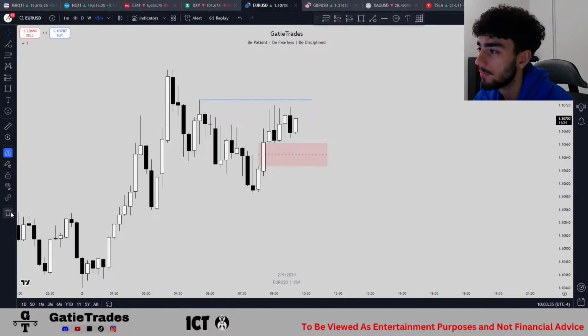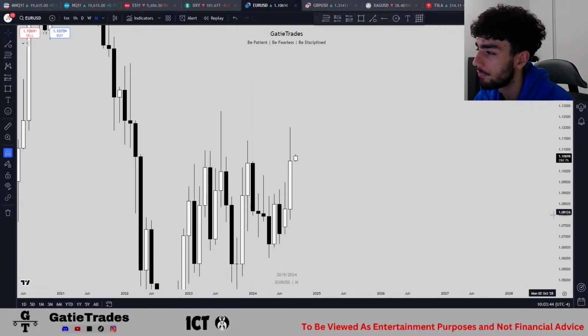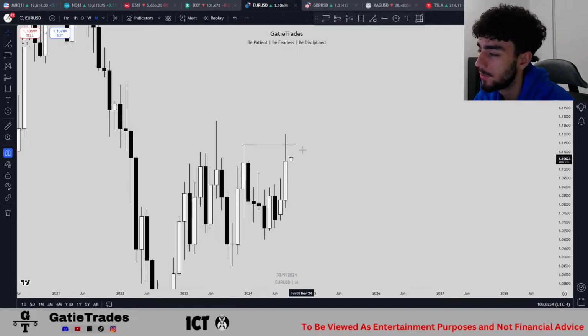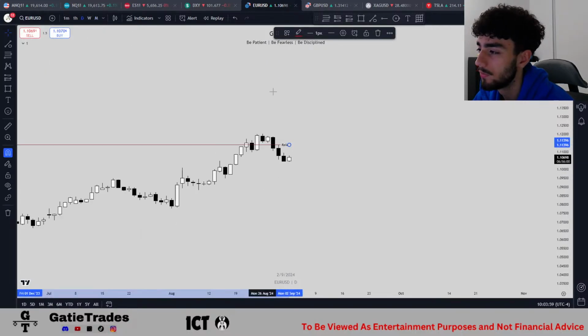So let's look at Euro USD. I already marked this up one day. This is the 15-minute time frame. Looking at Euro USD, we'll start out on the monthly. We closed very bullish. We didn't take out this high, but we did take out this high. We did start to wick. So again, same thing as DXY. We could see a retracement lower, and then unless we get a confirmation that we're going to move higher,